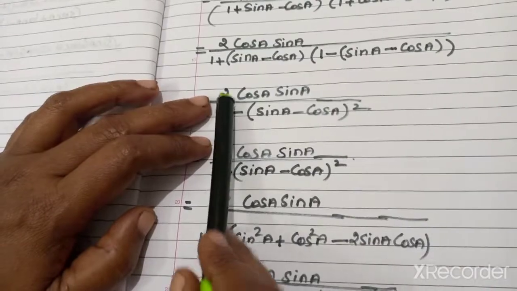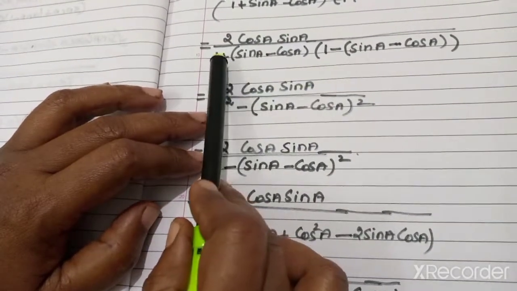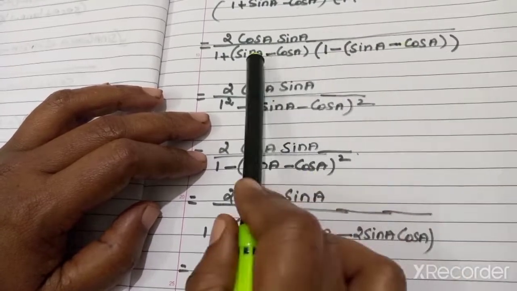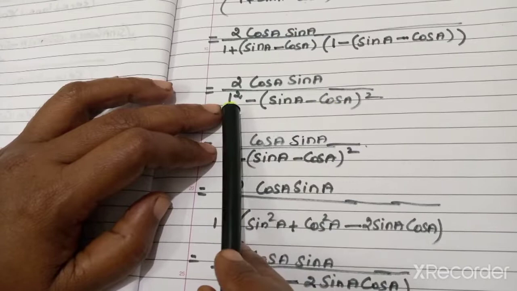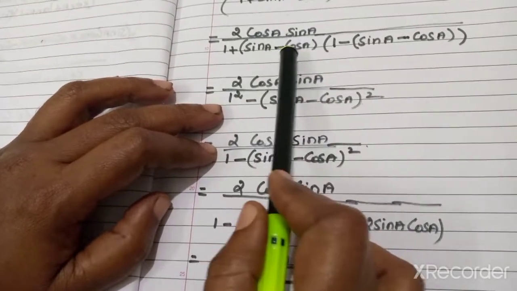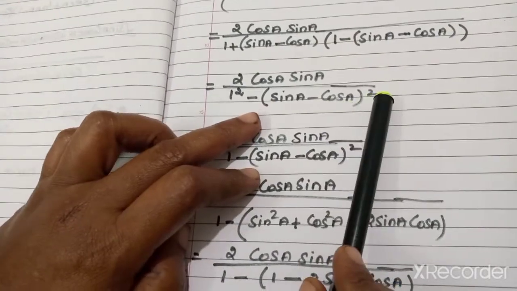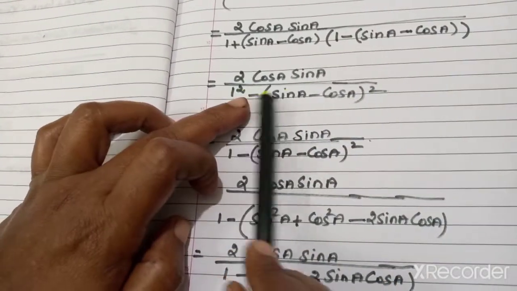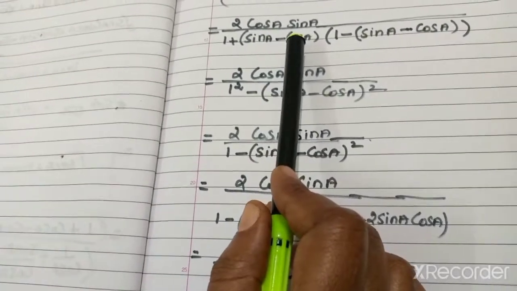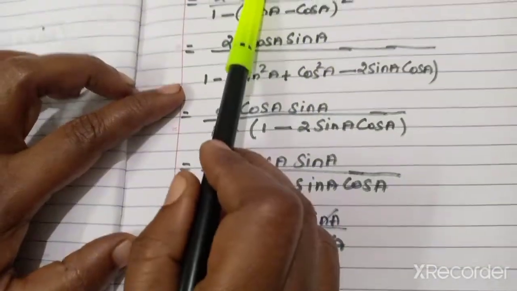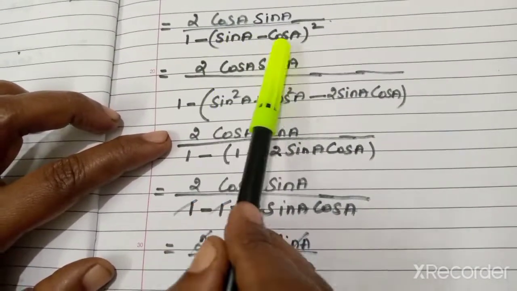Did you understand? So now it is in the form of A plus B into A minus B. So numerator as it is, write 2 cos A sin A by, now it is A plus B into A minus B. What is A plus B into A minus B? A square minus B square, isn't it? So A square minus B square, with B as sin A minus cos A. So sin A minus cos A, the whole square. Did you understand this one? A square minus B square. Here B is sin A minus cos A. That is, numerator as it is. Denominator, it is in the form, only bracket inside, see that A minus B the whole square.